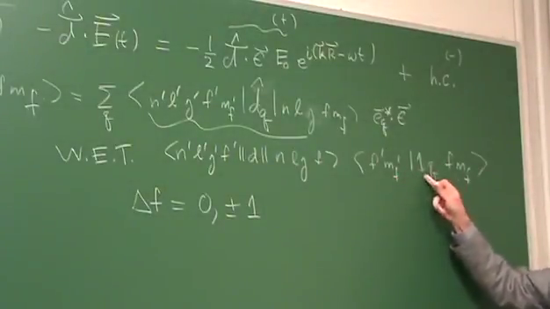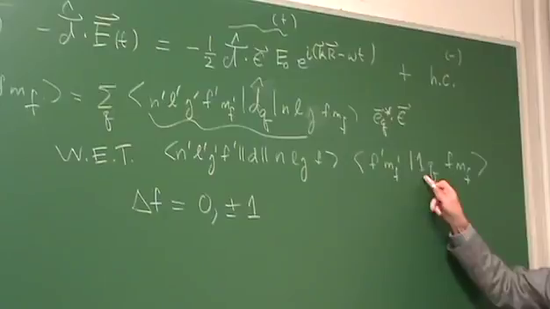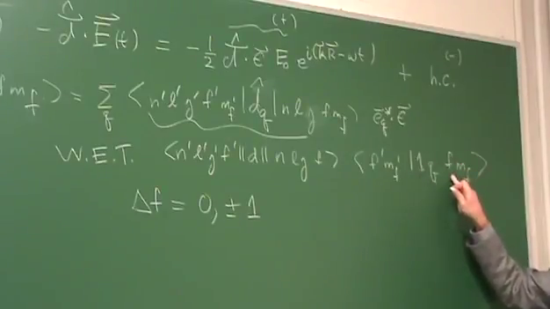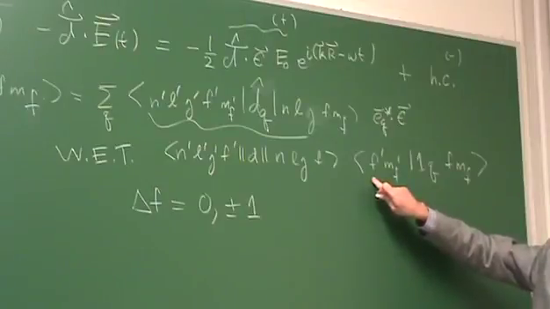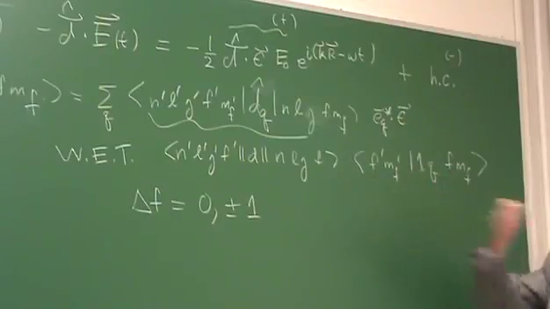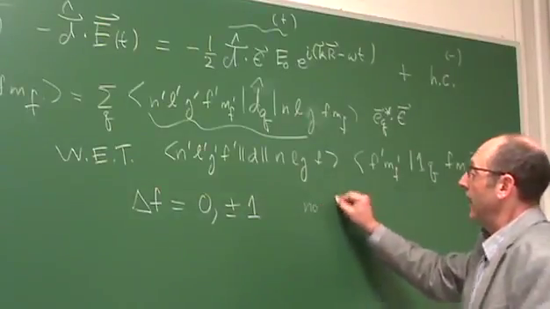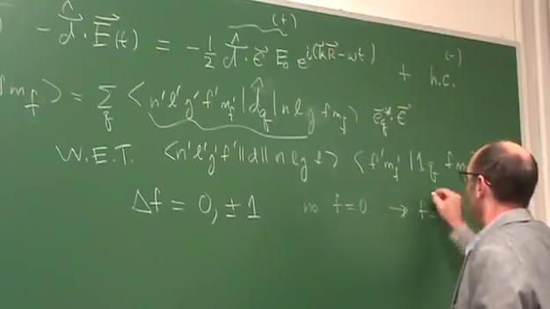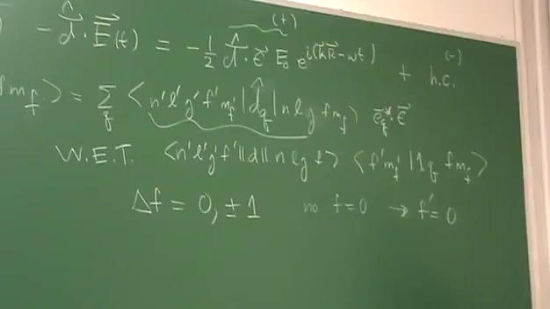I'm adding 1 unit of angular momentum, and when I add 1 unit of angular momentum to F, the F prime, according to the triangle inequality, can stay the same, or it can increase by 1 or decrease by 1, right? But of course, no F equals 0 to F prime equals 0. That's verboten,